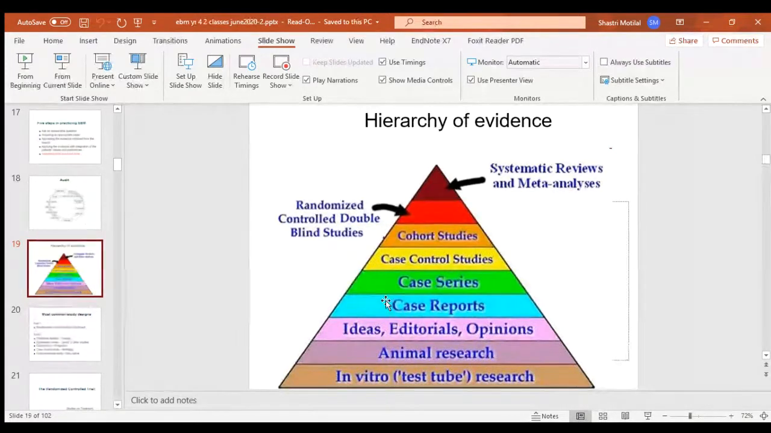Cohort studies, as we'll see tomorrow, tell us about prognosis and risk factors. They tell us what risk factors make people sick. Case control studies also tell us about risk factors and disease or what could be causing a disease. Case series and case report. A case series or a case report, I'll pick a case report first. A case report is essentially